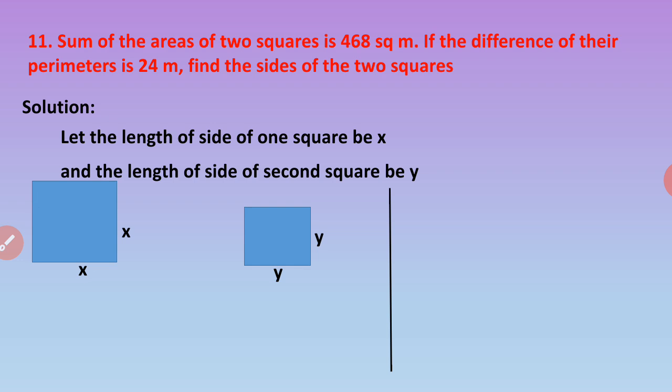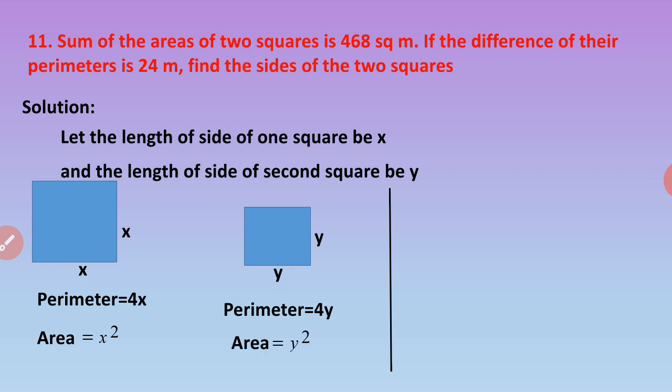So it is clear with the picture over there. Now, there are relations given between the perimeters and the areas of these two squares. So, let us find them out initially. Perimeter of the bigger square is 4x and its area will be x square. Perimeter for the smaller one is 4y and its area is y square. This is all known fact. Let us now continue with the work.